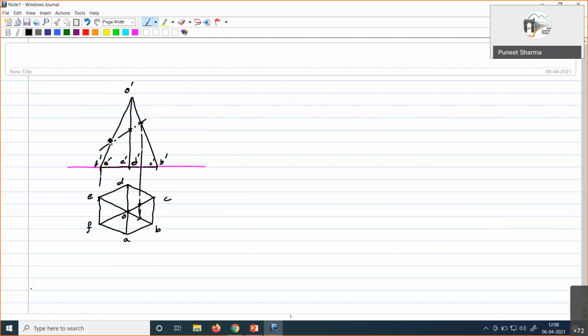Corresponding to this also, if I draw a projector, it will be something like this. So here again we get 2 points, one here, one here. Now for this location, what we need to do, we need to go to this side. This can be done on the other side also. Rather than moving to the left face, we can go to the right side also. So here this intersection with these slant edges can be identified, right?